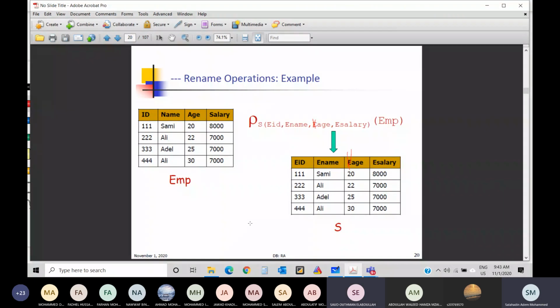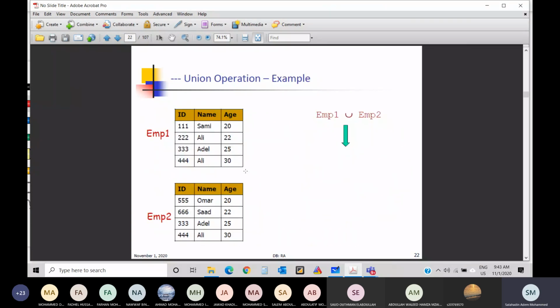And if I don't want to change the name of that table? Of the table, just don't put the bracket. Don't put this at all. Just start from the bracket. Okay, very good question. Any question, Shabab? Any question here? So relational algebra is very easy. Inshallah, you will like it.